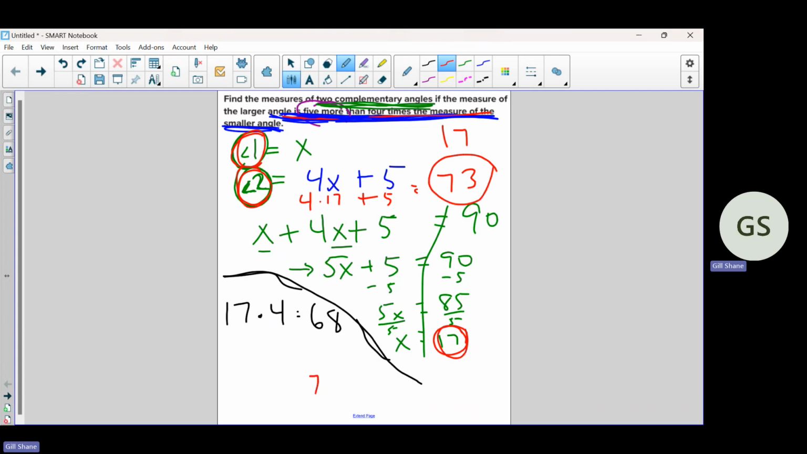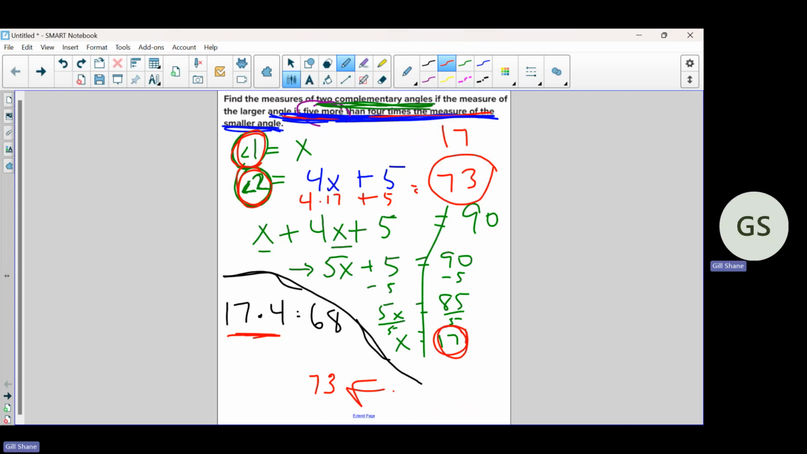So is 73 5 more? So again, that's the bigger angle. Is that bigger angle 5 more than 4 times the smaller angle? Well, yeah, it is. 73 is 5 more than 68. So now we know we did it right. So again, we just kind of guessed at where to put the plus 5. If you do it wrong, you just have to go back and check your